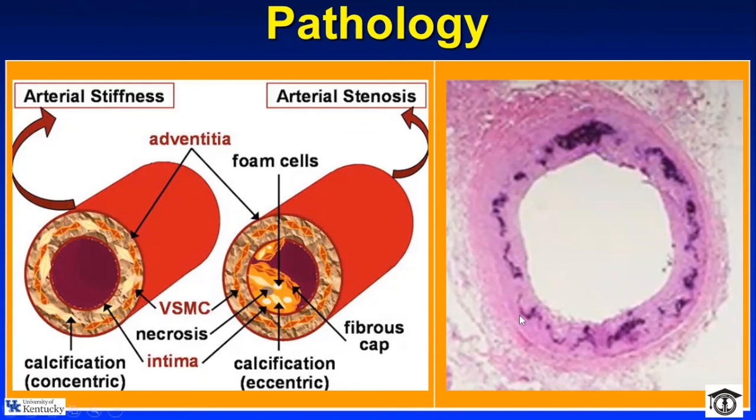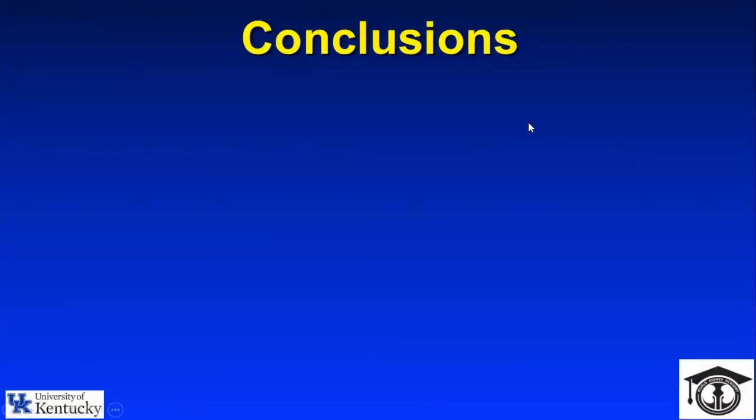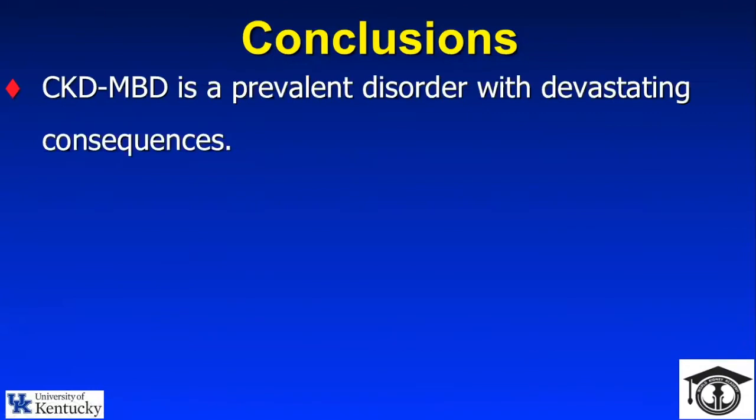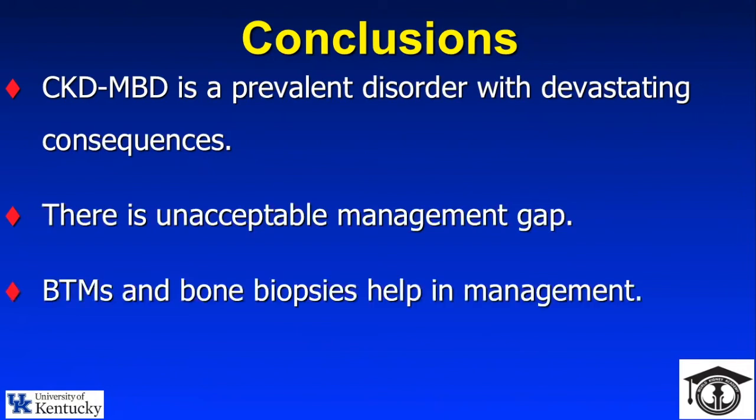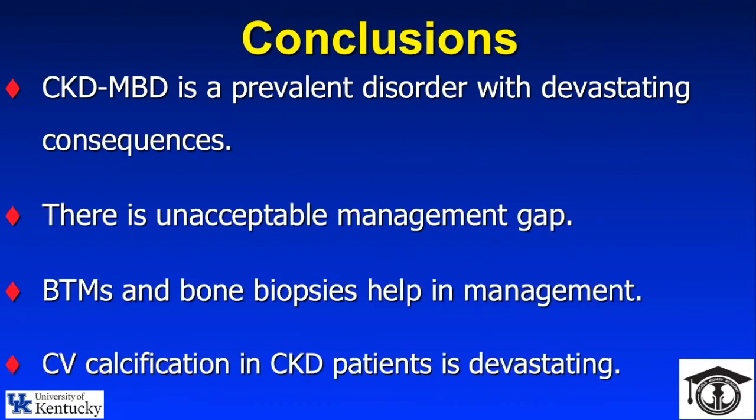You can see this extensive muscular layer, the medial layer calcification in cases of chronic kidney disease. So there are several modalities to diagnose cardiovascular calcification, but the better approach is to avoid all these devastating